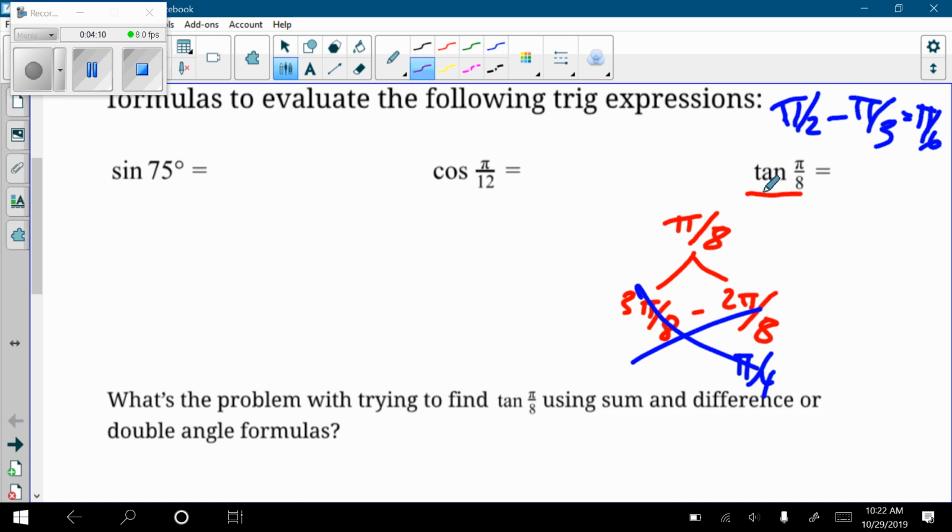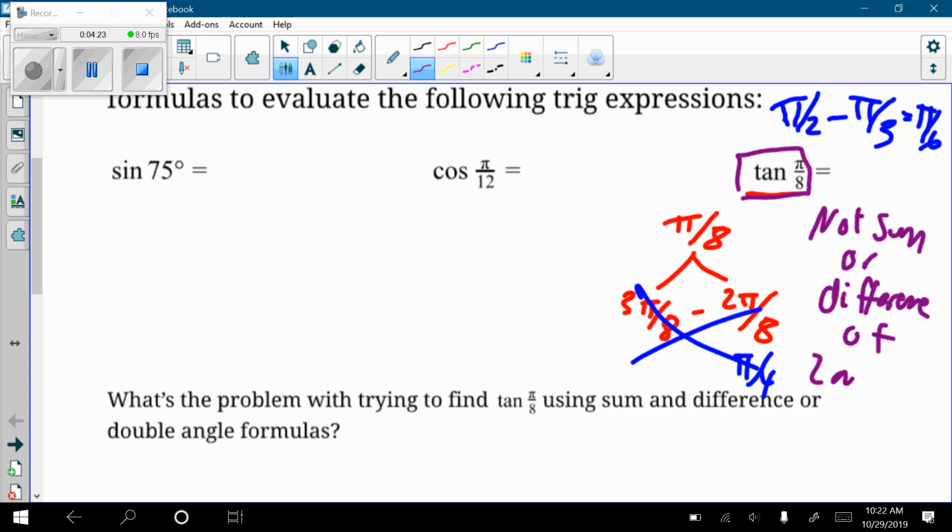We're going to do a problem here that we can't overcome. The problem is pi eighths is not the sum or the difference of two angles on the unit circle. So I can't use those strategies that we've been using for the other problems. It simply can't be done. Okay? But I know what you're thinking. You're like, pi eighths isn't just a random angle. It actually is connected to the unit circle. And the way it's connected is pi eighths is,